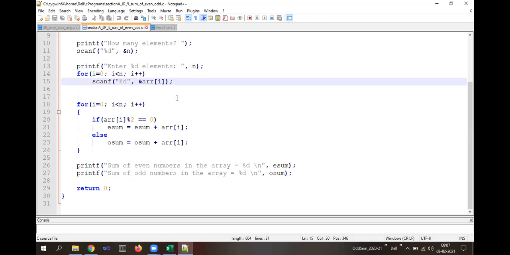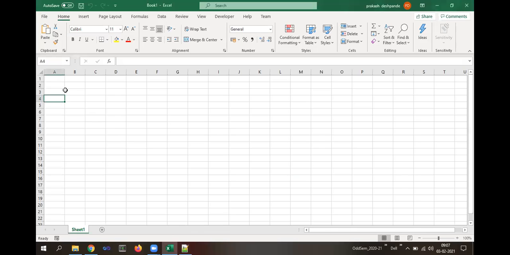First is I equals 0. Inside the for loop we have the condition I less than n. If I less than n is true, then it will go inside the for loop. Say n value is